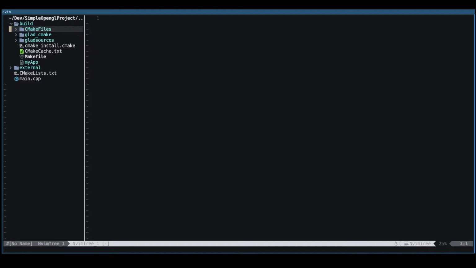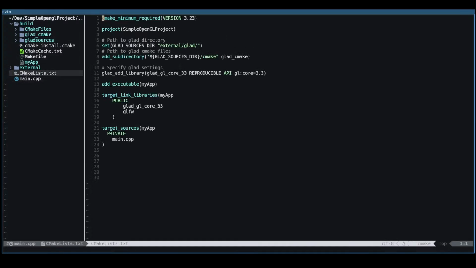In the build folder. Here is my app. So it's looking for